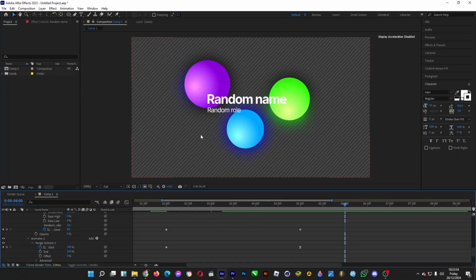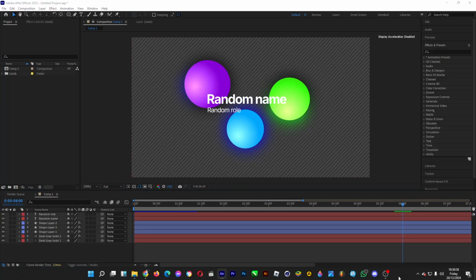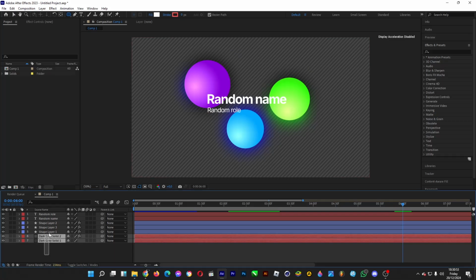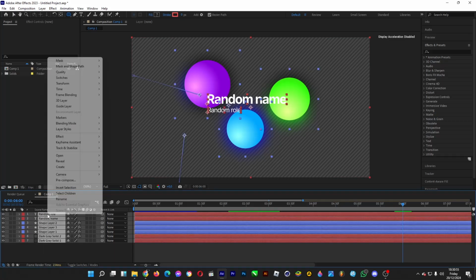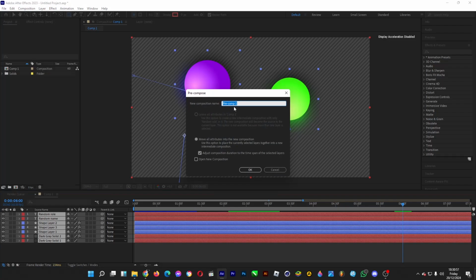Let's mask the entire composition so that only this part is selected by a rectangular mask. I'll tell you how. Now let's create the rectangular mask so that it disappears at first and then it will appear like 2 seconds after and then all of the elements will come in. To do this, hold the left click button and then head over to rounded rectangle tool to make the mask. But first, select all of the layers, right click pre-compose and then name it lower third, just like this, and